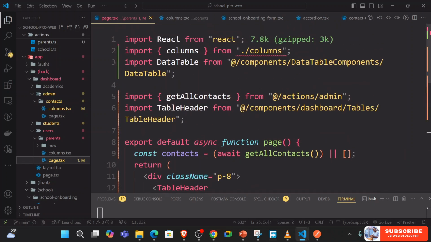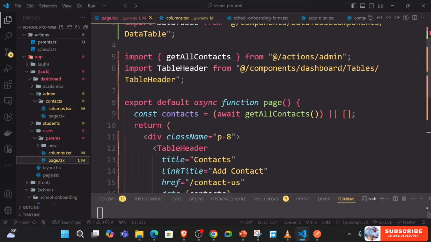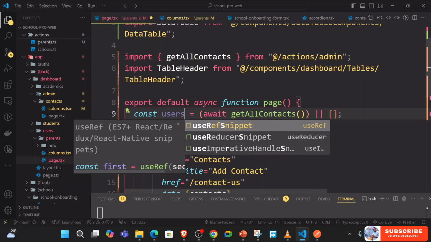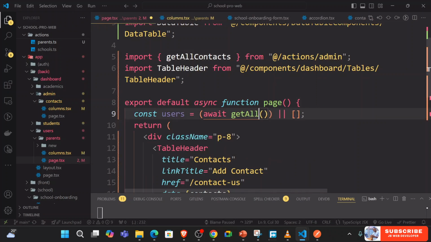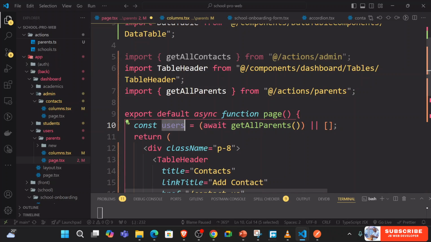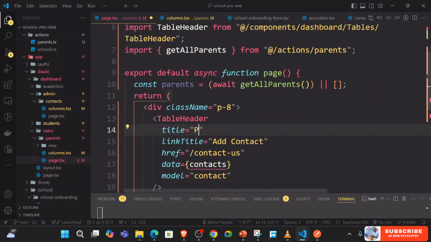So within this one, let's go ahead and start just like I'm just going to go here and say users, get all users. Oh, get all parents. What am I doing? This is supposed to be parents. Parents await, and then we get all the parents. Then we say here parents, add parents,